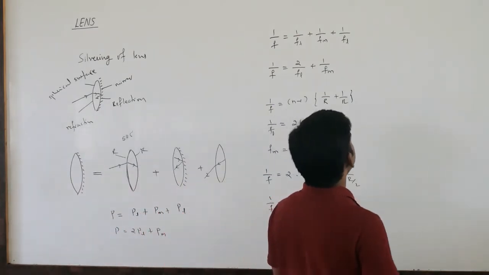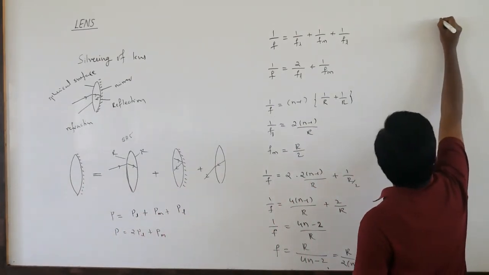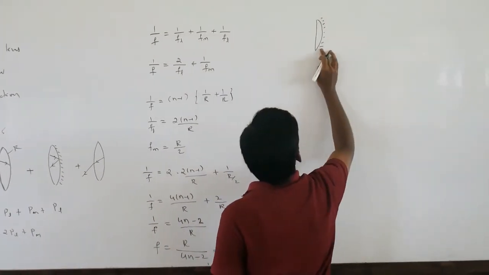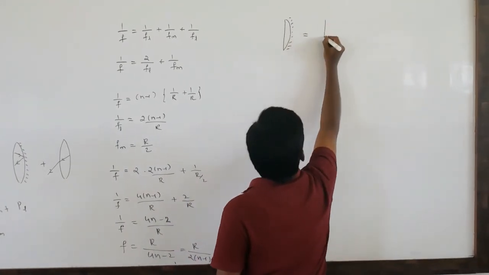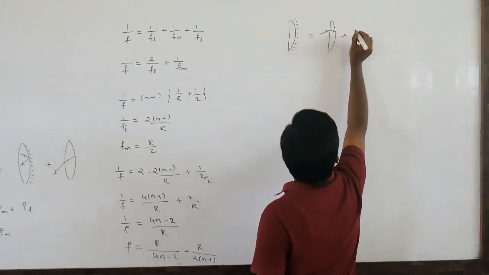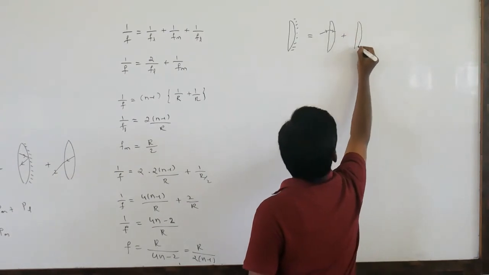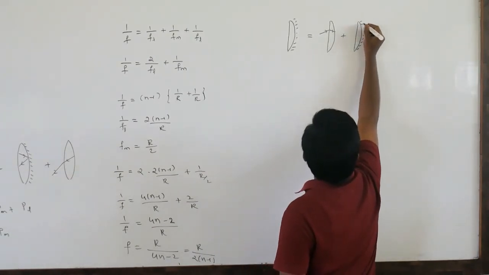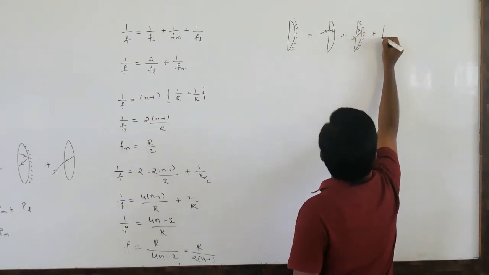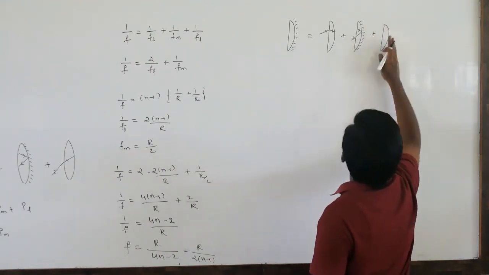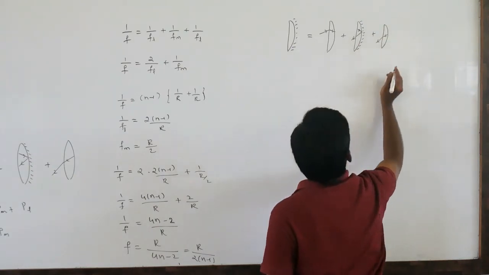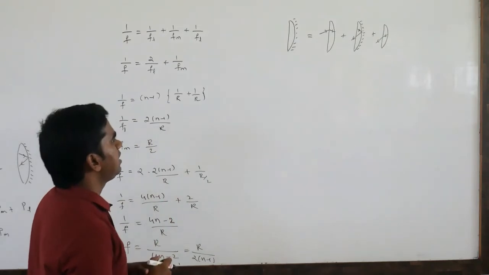Similarly, if the situation is a little different, if instead of a convex lens they take a plano convex lens and it is silvered on this side, now what will happen? Again the same thing. First, refraction will take place through the lens, so the ray of light will refract. Because of the silvering, reflection will take place because it acts as a mirror. The ray of light comes here and reflects. Again refraction will take place here, and the light coming out will move away. So if this is the case, now what will happen?